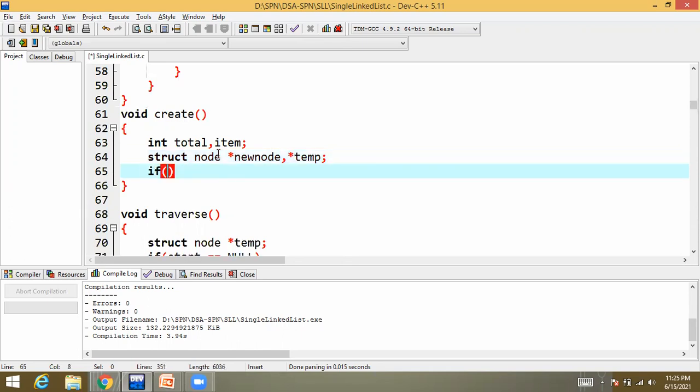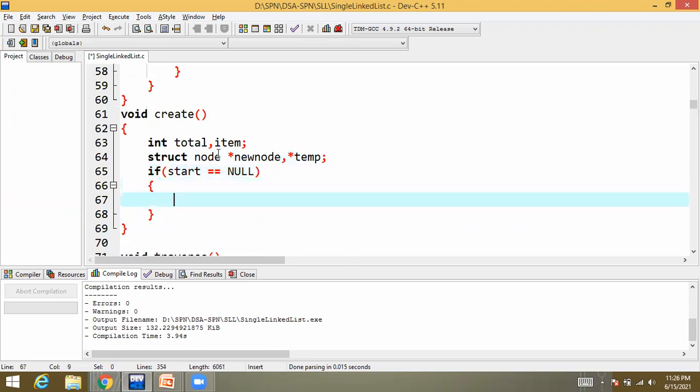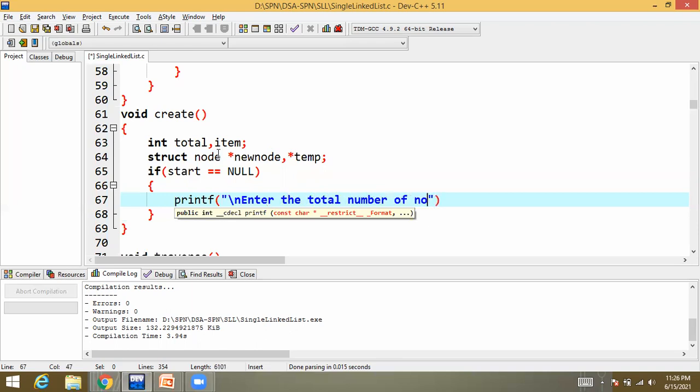Now when I am allowed to create the list, if the list is not there, how will I know that? I'll check the value of start. If start equal to null, I'll start processing, or I'll just create the linked list. Ask the user, enter the total number of nodes you want to keep.